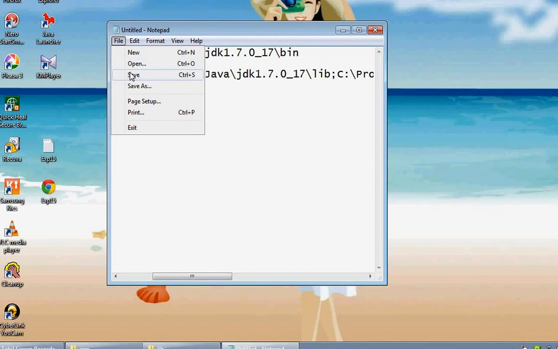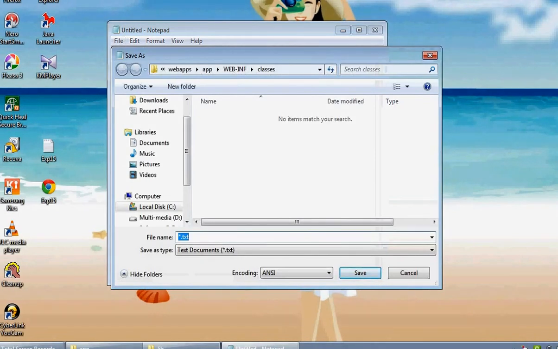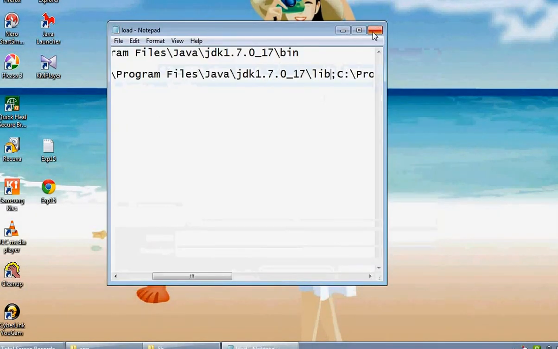Now save this file with .bat as its extension. I'll just name it load.bat and paste it into the app folder. Save it into the app folder.